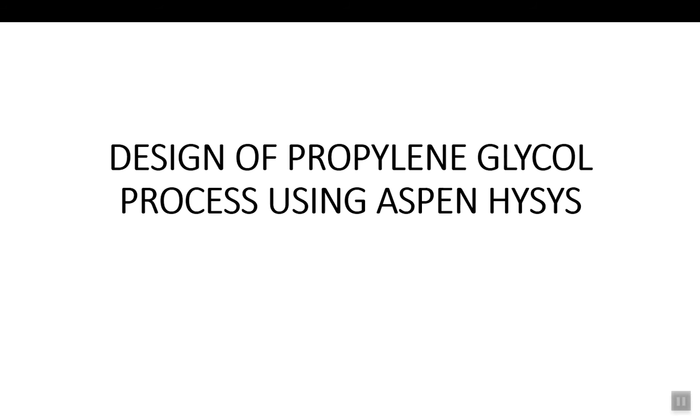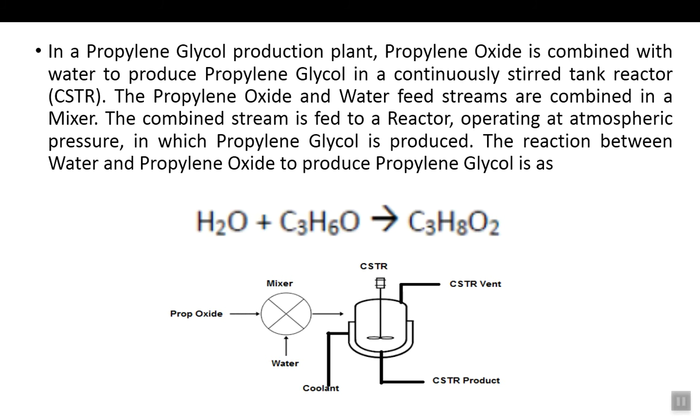In this simulation, the design of propylene glycol process using Aspen Hysys will be shown. The case is in a propylene glycol production plant, we have propylene oxide. When combined with the water, the propylene glycol is produced in a continuous stirred tank reactor. The propylene oxide and water feed streams are combined in a mixer. The combined feed stream is fed to the reactor, which is operating at atmospheric pressure, in which propylene glycol is produced. The reaction between water and propylene oxide to produce propylene glycol is water and propylene oxide combines to give